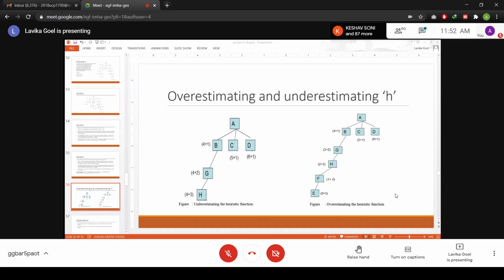And if the heuristic function is chosen in a way that it is underestimating the heuristic cost, in that case, you are guaranteed to find the optimal solution. That's what I'm saying. So this is just an example to tell you both the situations, if the heuristic function is overestimating or underestimating.